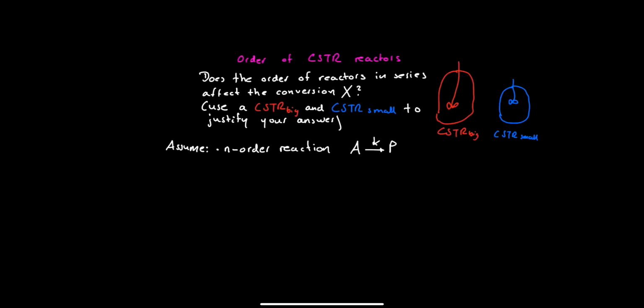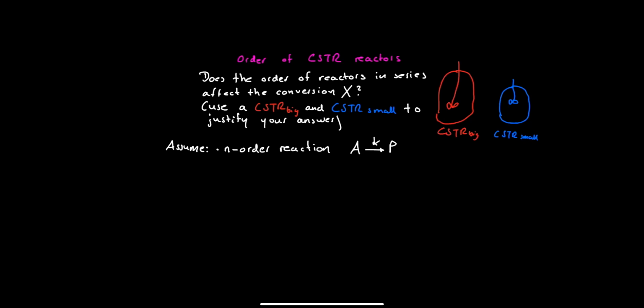Now we are going to take a closer look into the arrangement of CSTR reactors. So we want to tackle the question if the order of reactors in series affects the conversion. And to answer this question, we are going to compare a big and a small CSTR and see if their arrangement affects the conversion. And we are to assume an n-order reaction where A reacts with the rate constant K